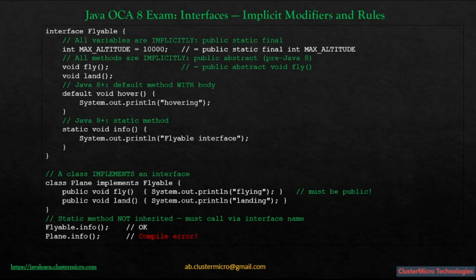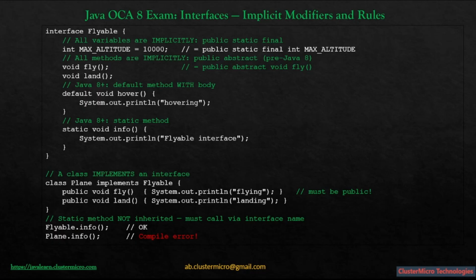So this has a direct consequence for implementing classes. When you implement an interface method, you must declare it as public. The interface says the method is public. You cannot make an override more restrictive. Writing a protected void fly or package private void fly, basically default, in the implementing class is a compile time